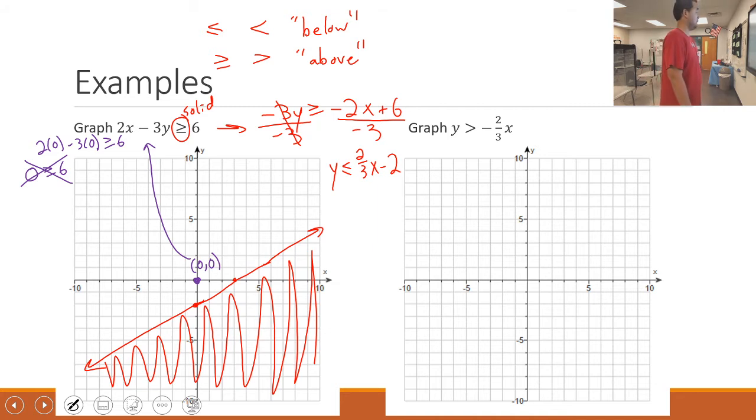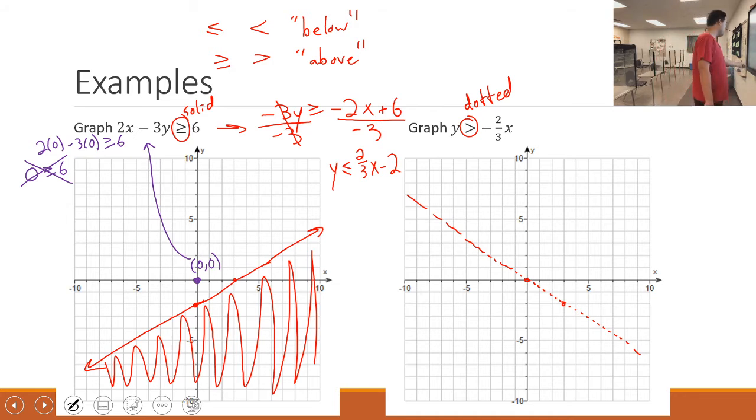All right, for the second one, it's already in linear form, intercept of 0. And now we're going down 2, right 3. But here we have a dotted line. So down 2 over 3. Again, remember, you're just clicking a bunch of stuff in boxes, so you're not having to draw by hand. And then now above or below, we can't use 0, 0 as our test point here, so